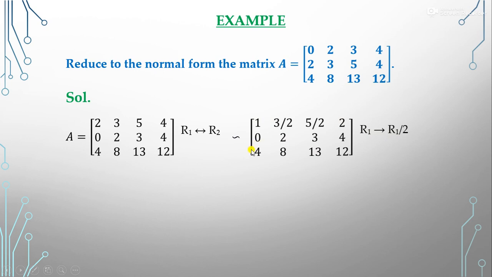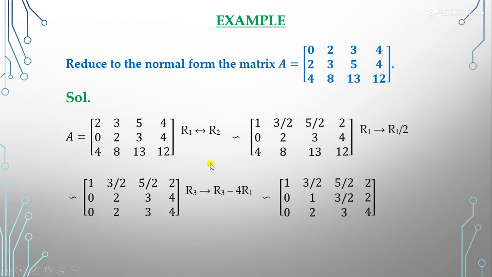So now our next motive is to make this 4 become 0. What we can do here is use the operation on R3 and R1. So we use R3 minus 4R1. If we do R3 minus 4R1, it becomes 0. Other elements may be anything, but our concentration is that we have to make this become 0. So after the operation R3 minus 4R1, it becomes 0.